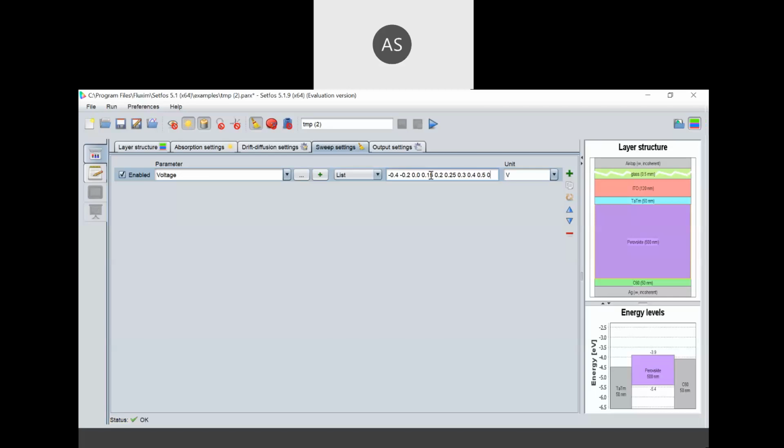Like each step I am giving this point, so that the data will be printed on each and every step. So voltage I am swapping here, but any parameter you can swap.